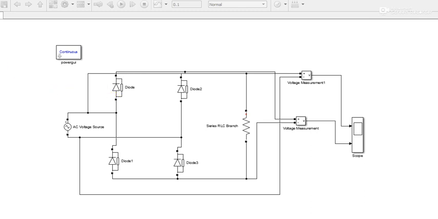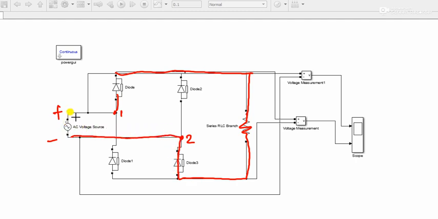You can see in this arrangement we have put the AC voltage source to this point. This is point number 1, and we have put the AC voltage source here over 2. So how the rectification works: when this is positive and this is negative, this diode is forward biased, and the current flows through this resistance and completes the path over here. Okay, so this is the circuit for the positive half cycle. And for the negative half cycle, what will happen?